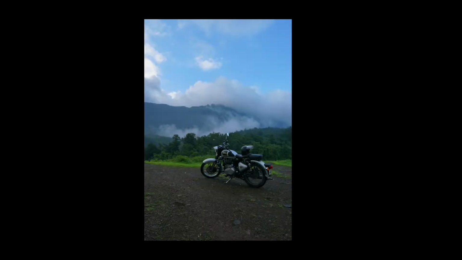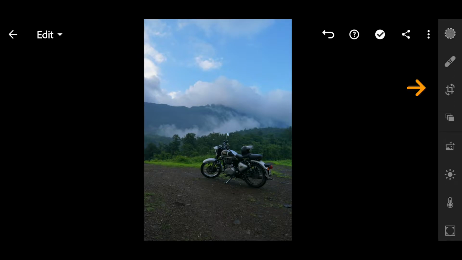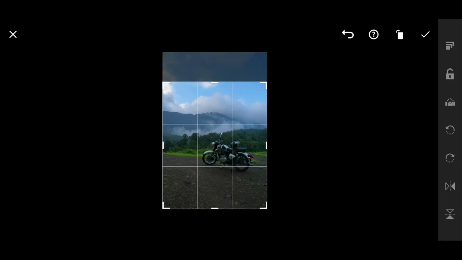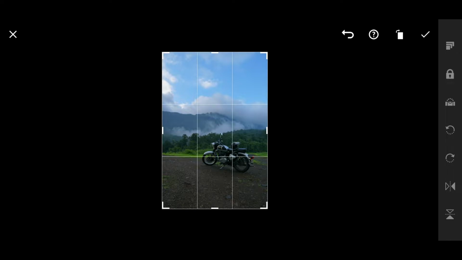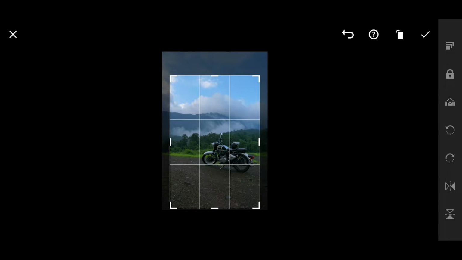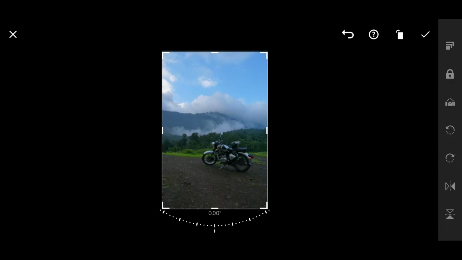So right now I feel this image is slightly tilted towards the right and I will fix that using the crop tool. So we'll choose this tool over here. To crop the image from any direction, you have to do one more thing. That's unlock this box using this lock icon. So just press that and now you can crop it from any direction. If I lock this, you will see it will maintain the ratio of the image, and for this image we don't want that, we just want to crop from the bottom. So we will hit this lock icon again to unlock, and now we'll crop it from the bottom,